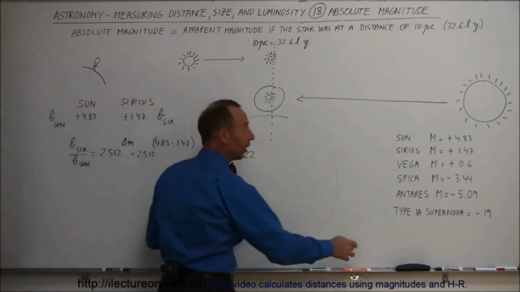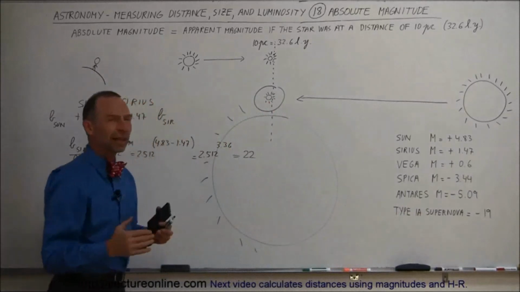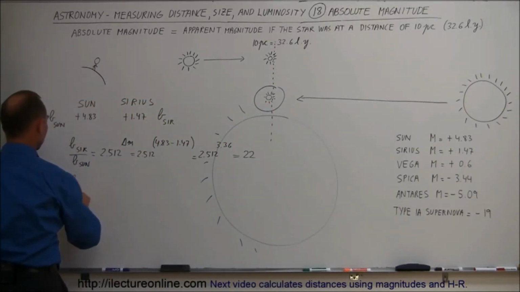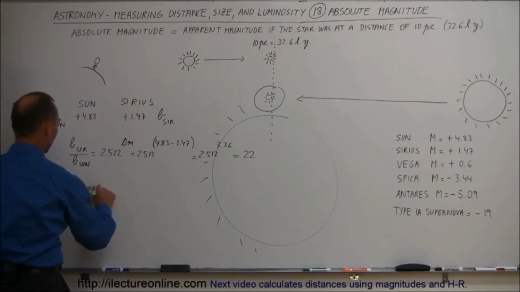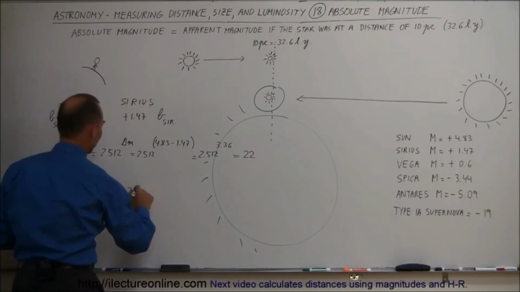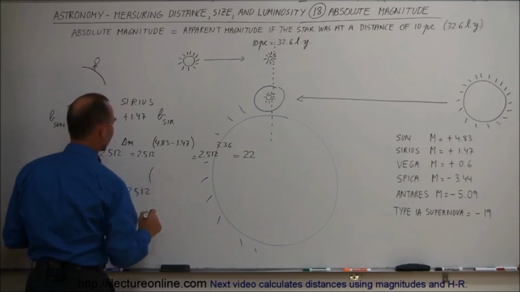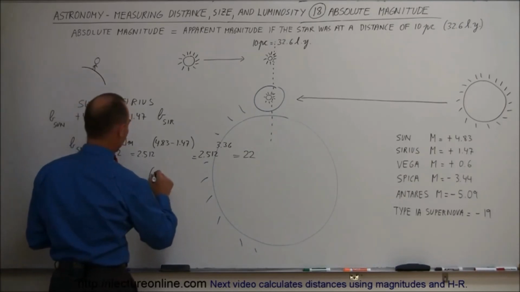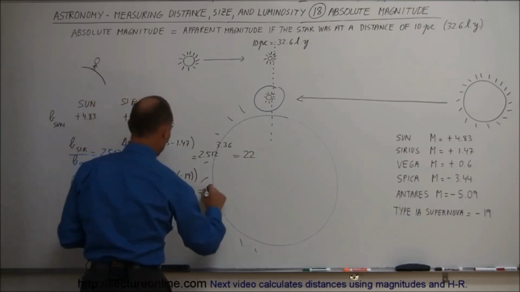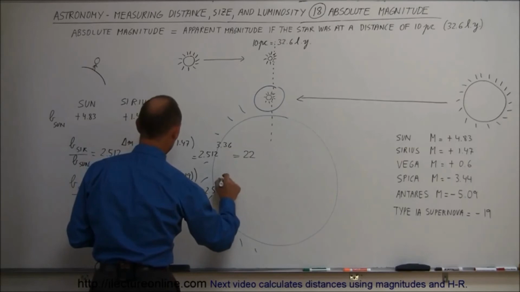Now let's compare a type 1a supernova. How much light does it put out? And that will be absolutely enormous. So the brightness of a supernova, of course we're talking about a type 1a, divided by the brightness of the sun, is equal to 2.512, and then of course the difference would be 4.83 minus a minus 19. And so that of course would be 2.512 raised to the